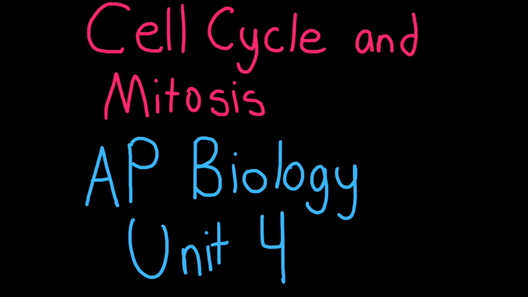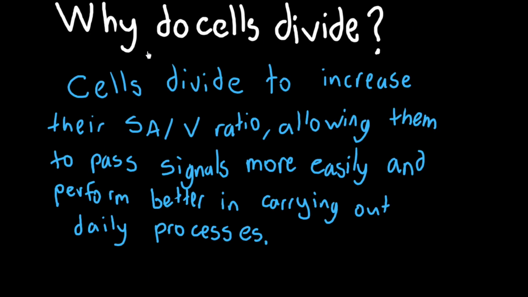Right, so in today's video we're going to start off with, why do cells divide? Well, cells divide to increase their surface area to volume ratio. That's what this acronym means, and basically what that does is it allows them to pass signals more easily and perform better in carrying out daily processes. And the reason for this is because there's more space on the cell membrane and on the cell overall for